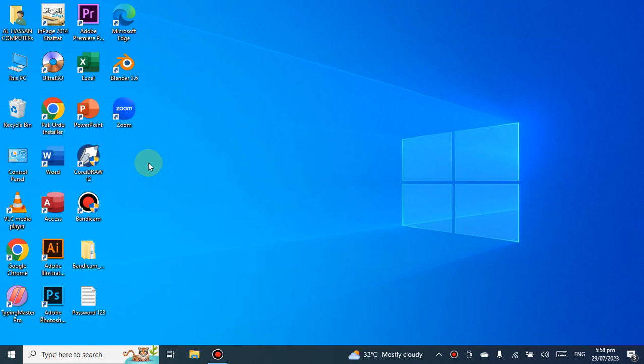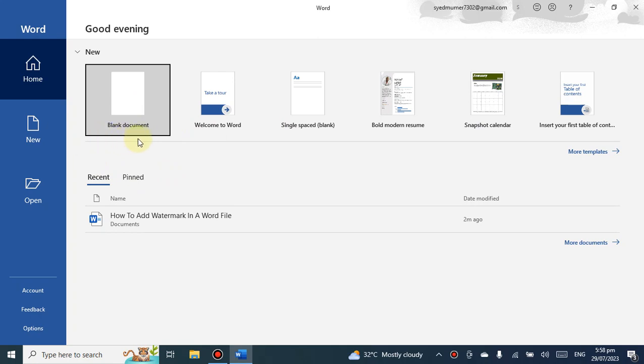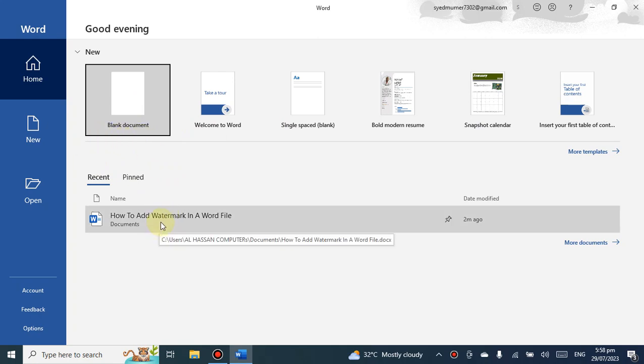So, today I'm gonna teach you how to export a Word document as PDF, or how to make a PDF file of your Word document. This is very important as PDF is a very easy and accessible platform to carry your documents. So, click on Word here, open it, and if you have a document already there, then click on that